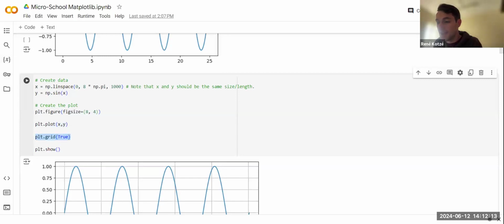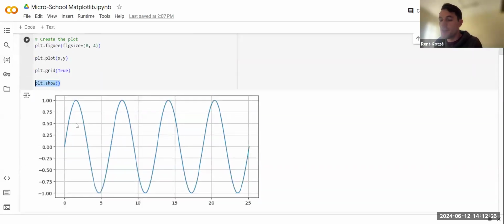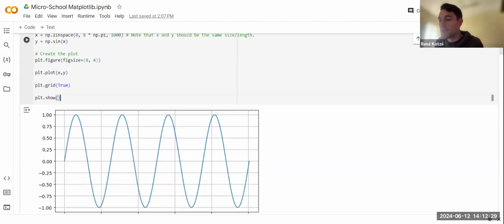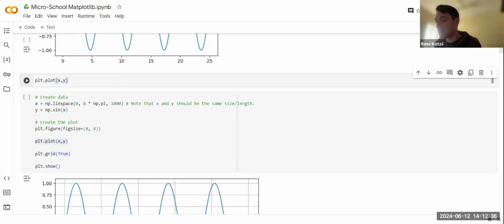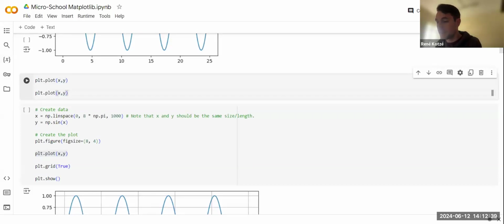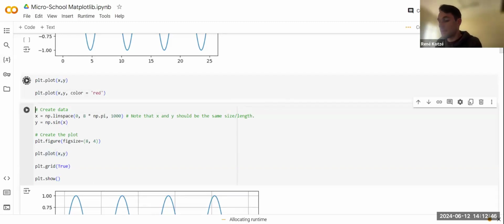We can add a grid by saying plt.grid equal True. And we could use the command plt.show to actually show the plot. You don't need this for one plot, but I'll show you why you would sometimes want it. Now you have the same plot, but with a grid. Let me show you this. If I say plt.plot and plt.plot again, and I make the second one color equals red, this should only plot the second one. That's why you would want plt.show. What you would typically do, if you want to show both of these plots from the same cell,